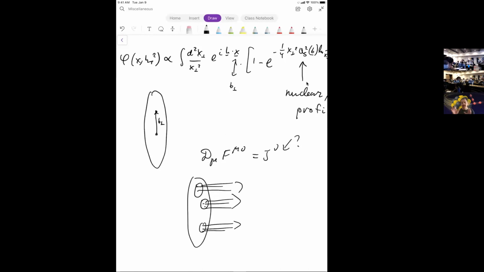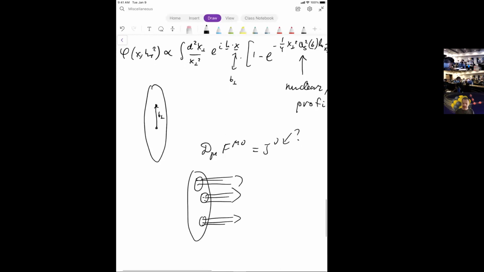Their color charges are kind of random, except that each three of them have to be color neutral because they form a single nucleon, right? So you have some sort of color constraints, and then of course they produce the source current, but that current would have to know of the transverse positions of all those many quarks, right? So you have many different quarks in different nucleons in your nucleus, and they all have transverse positions.